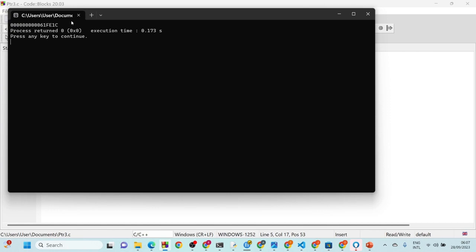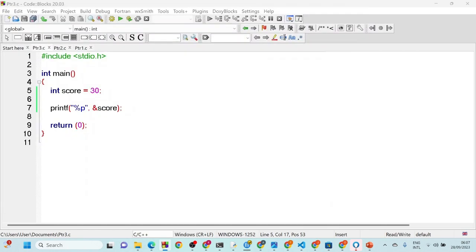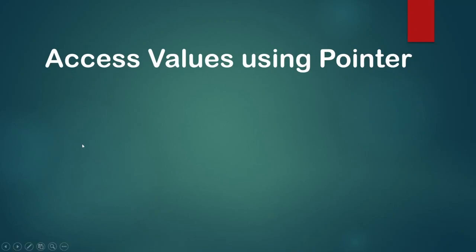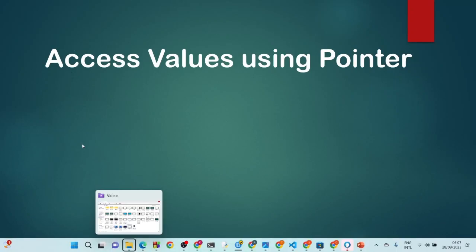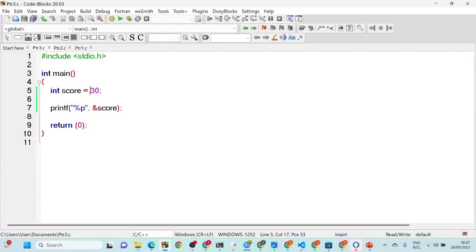All right, so that is going to print the address in memory using score. We have not used pointers now. Since we have been able to print the address of this, just to show you how to print the address of that in memory, what I'll go ahead and do now, I will declare my pointer variable,